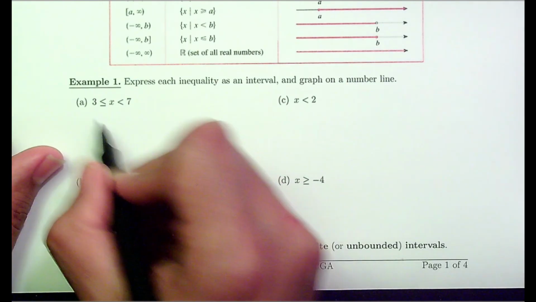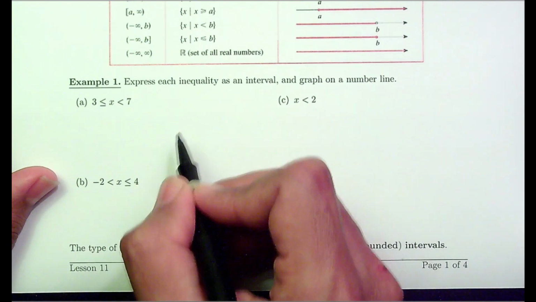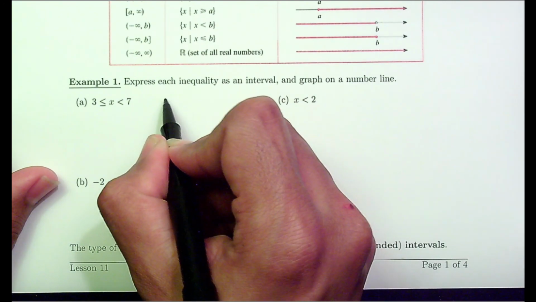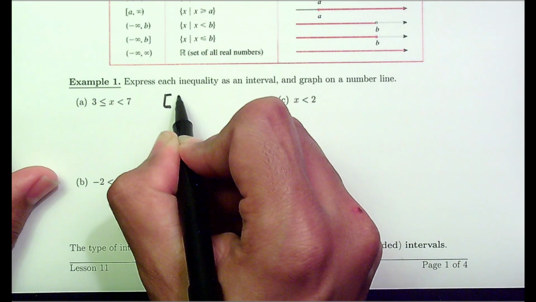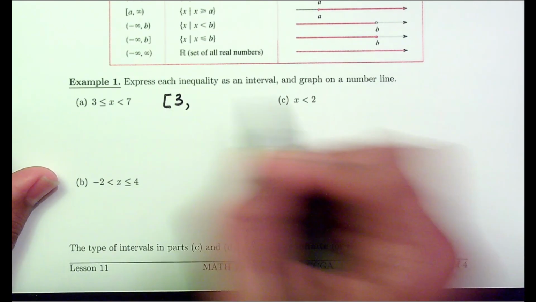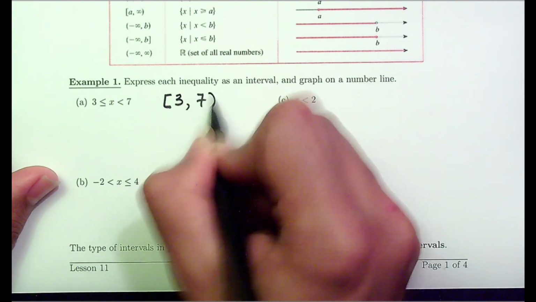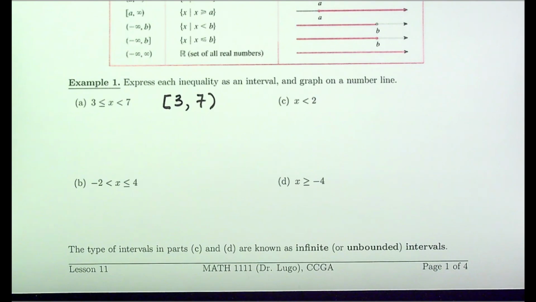Okay, so this is the set of all numbers between 3 and 7. So in interval notation, you would include the 3 because it's allowed, so that means you use a bracket. And you do not include the 7, so that means you use a parenthesis. And that would be the inequality in interval notation. In terms of the graph,